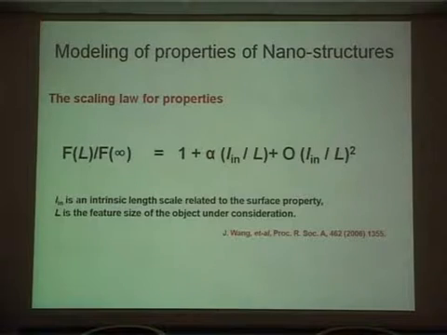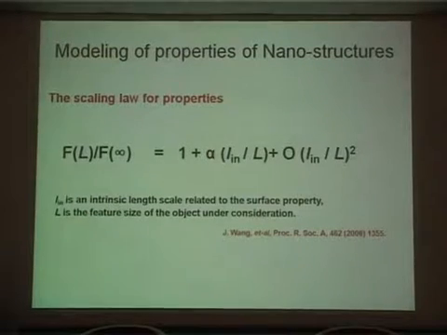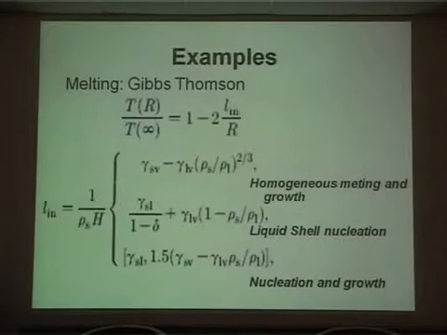Once we get the nanostructures of a material, irrespective of the material, let it be metal, semiconductor, insulator, people generally study the properties. Different researchers have given different formulations. J. Wang et al. have generalized the properties. They have given this law like this. This is the property related to intrinsic length. This is the property of the bulk. It is expanded in terms of 1 plus alpha times the property at small scale divided by the property of bulk, plus higher order terms. Let us see term by term how it is applied in different contexts.